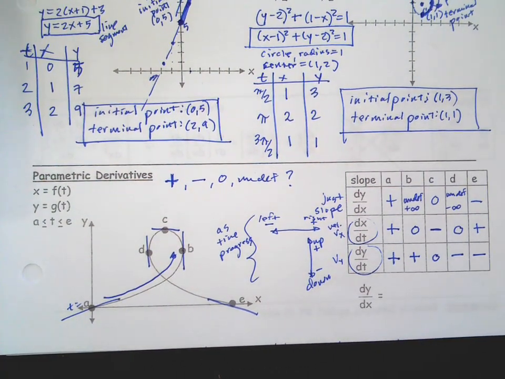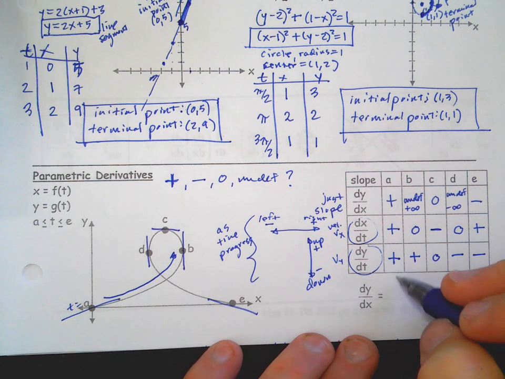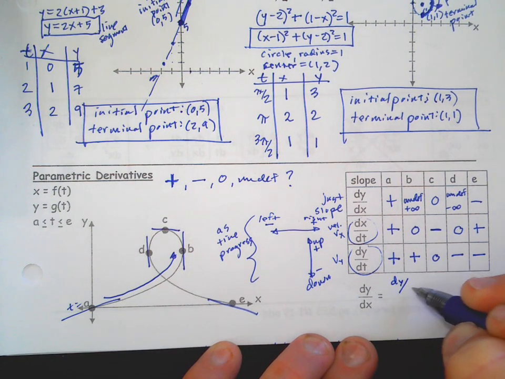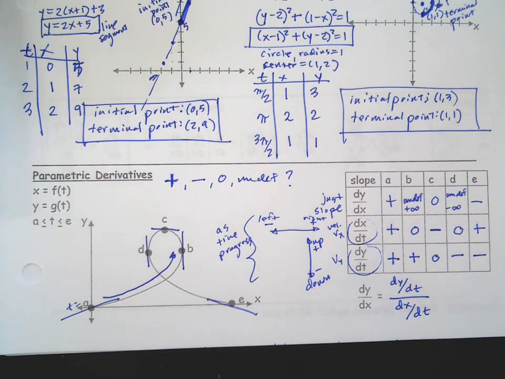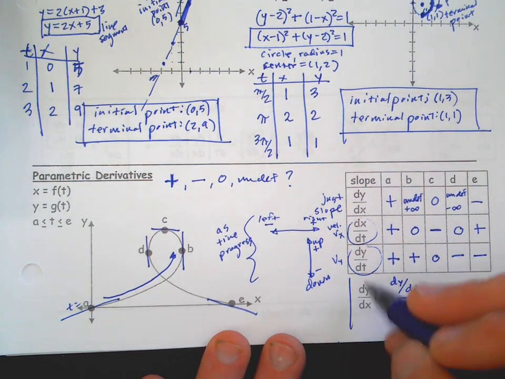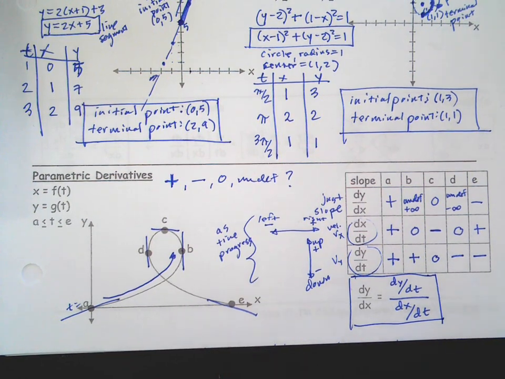Now, here's another way to interpret dy/dx, because we were just looking at the slope of the tangent line. But dy/dx can come from dy/dt divided by dx/dt. Because dy/dx is saying, how does y change with x? dy/dt is, how does y change over a period of time? And dx/dt is, how does x change over a period of time? So it's almost like it's algebraic, you could think the dt's just cancel out and we get dy/dx. So this is usually how we're going to find it, because we're usually going to be given